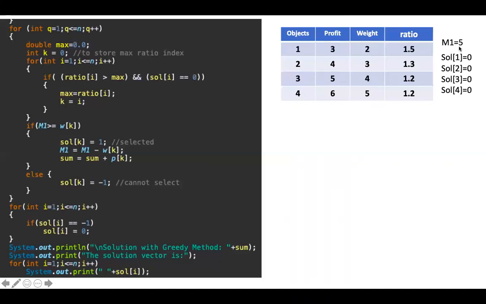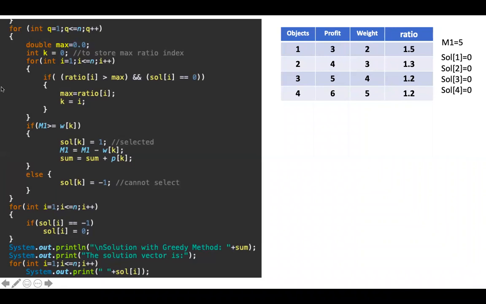In M1, the knapsack capacity is present. This is the solution array. At the end of this for loop, we should get the solution. Solution of 1, 2, 3, 4 will indicate which items have been selected to store in the knapsack. The ratio is present in the ratio array.